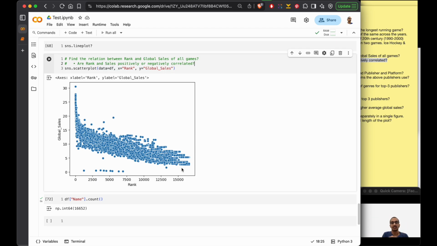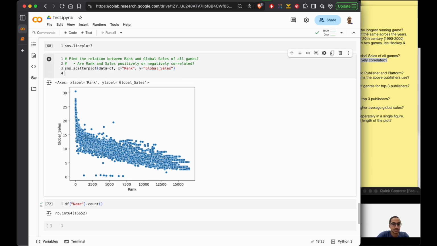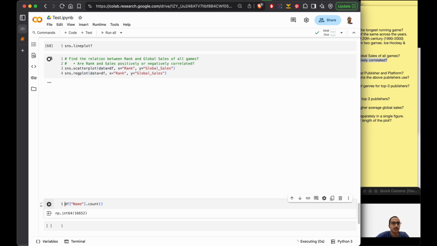Now how do we make it clear? To make it clear, there is a plot called regression plot. So we do sns.regplot, if I'm not wrong, I think that's the name. And again, the same set of arguments, the same parameters. If we do this,